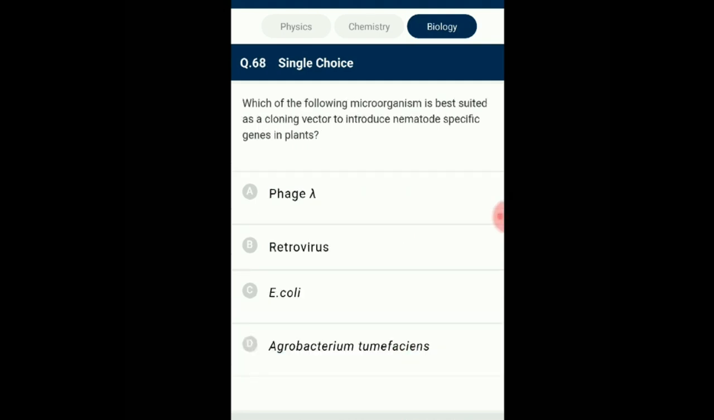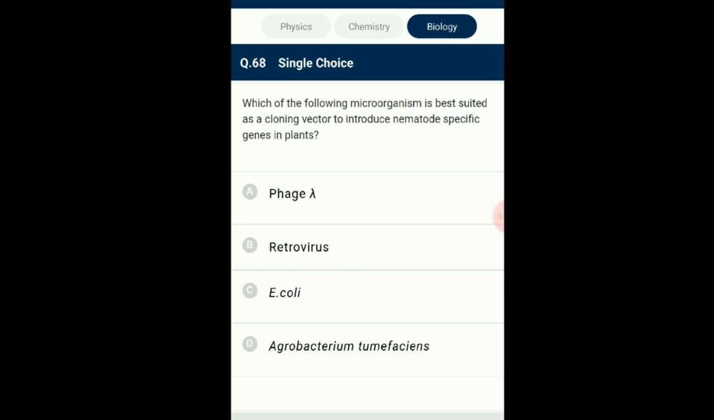Question number 68. Which of the following microorganism is best suited as a cloning vector to introduce nematode-specific genes in plants? Agrobacterium tumefaciens is a rod-shaped gram-negative soil bacterium. It inserts a small segment of DNA known as tDNA, for transfer DNA, from the plasmid into the plant cell,